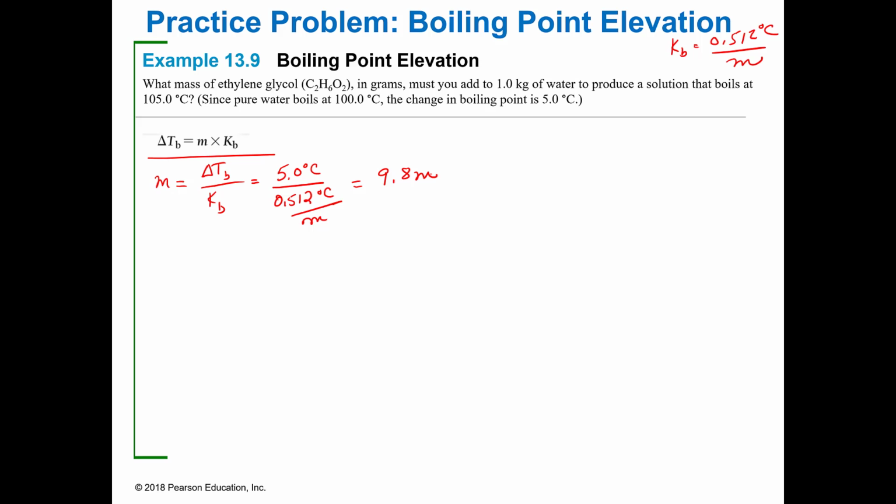So we know that we have 1 kilogram of water and we have 9.8 moles of the ethylene glycol per kilogram of water. Okay, because that's what mole means. And then if we multiply that by the formula weight of ethylene glycol, which is 62.1 grams per mole,